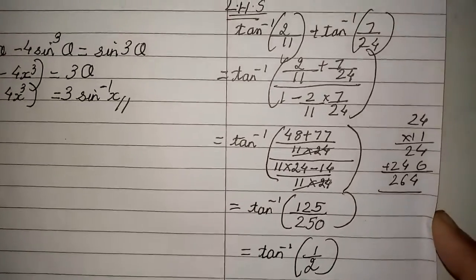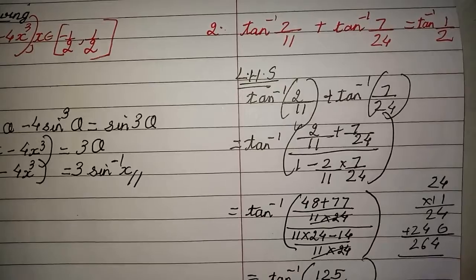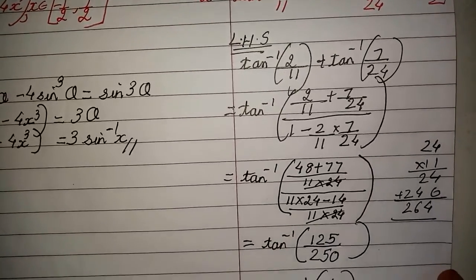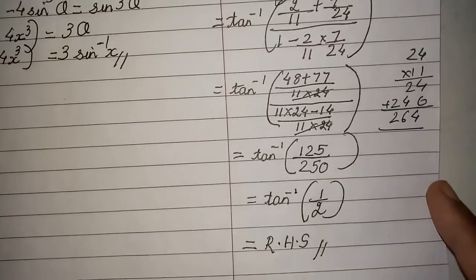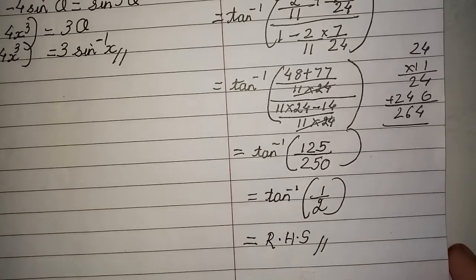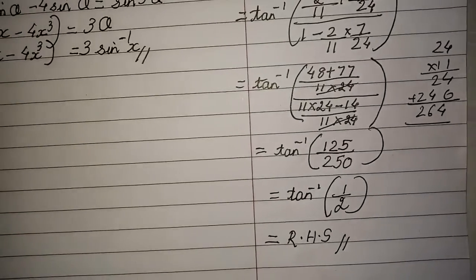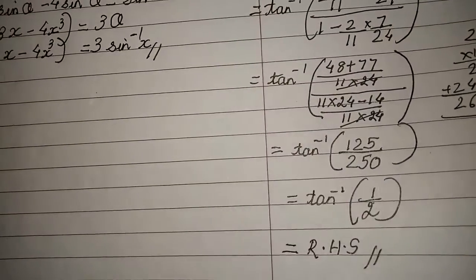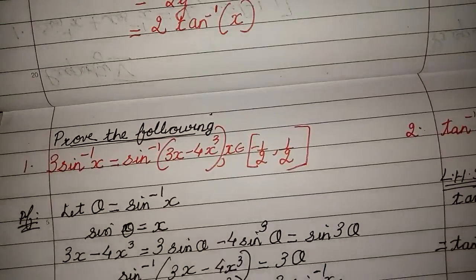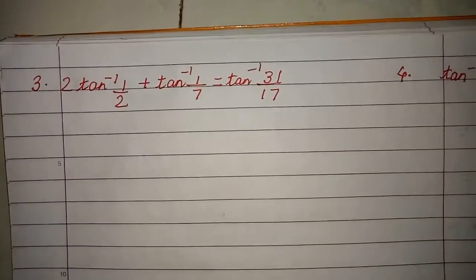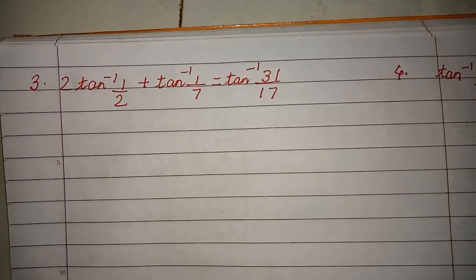Is that clear, children? So simple it is, right? Because I know the formula well in advance, so I could prove this. LHS is same as RHS. Alright. So you have to learn the formula by heart, children. You should be familiar with the formula. Very scoring topic it is, okay? You need not waste much or crack your heads in solving this, okay? Now let us go for the next one.